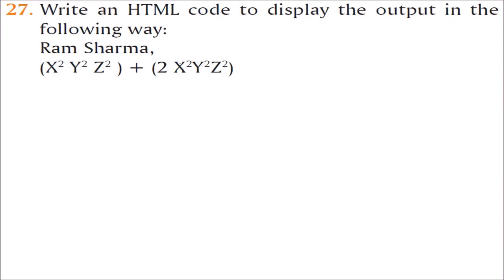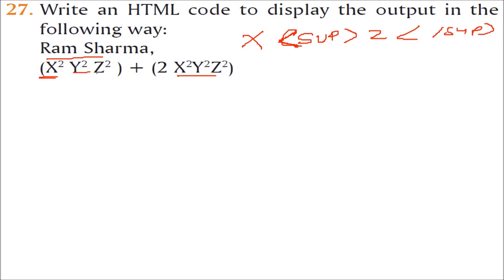Now subscript we have seen, now let us see a superscript example. Write an HTML code to display the output in the following form. So this we will write as it is. One I'm going to show you, the rest I hope you will be able to do. X square, so X, then you have to write what? This is a superscript, so SUP, inside this write 2 and then end superscript, and you have to do this for all of these, right?